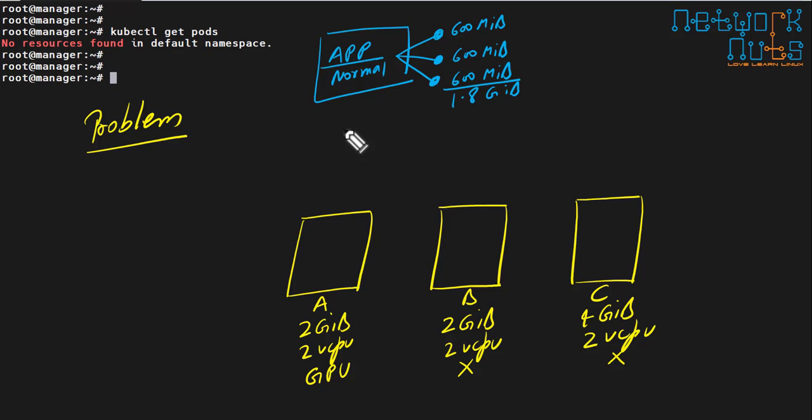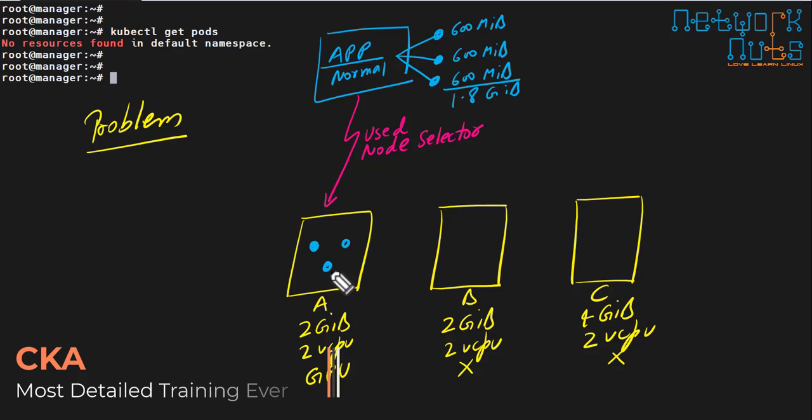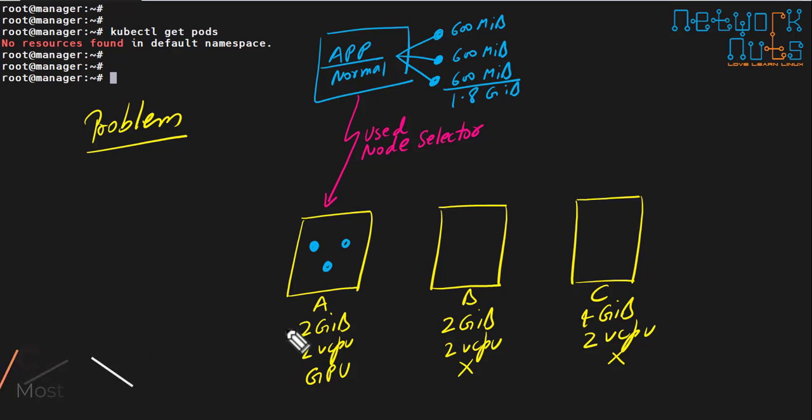And because I have used the node selector, the whole application will be going onto this machine, right? I have used node selector. So this application is successfully running here. 3 pods are running. They have used around 1.8 GB of RAM on node A. Cool, all is running properly